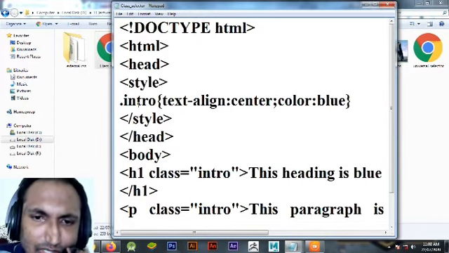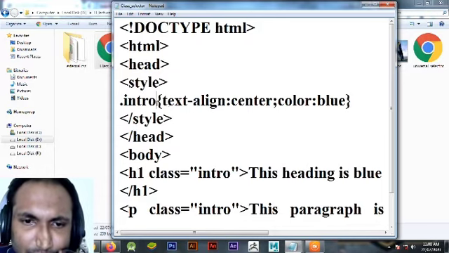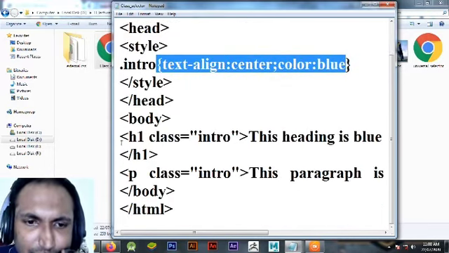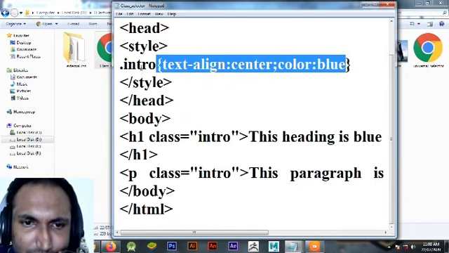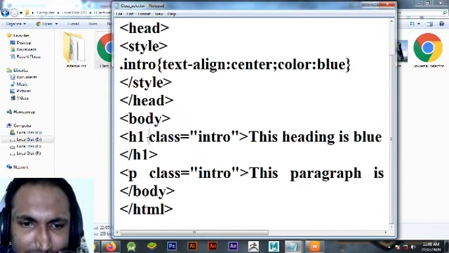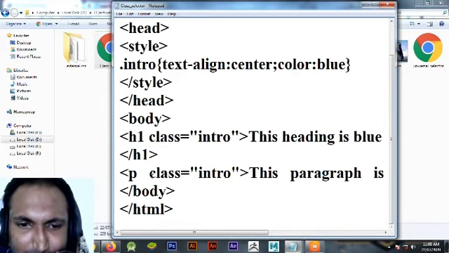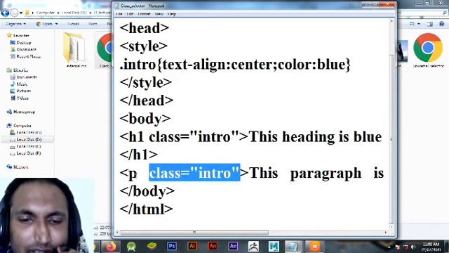Now the intro selector has the same properties, text align center and blue color. I have used this intro class with the class attribute in the h1 tag and the intro class with the class attribute in the p tag.